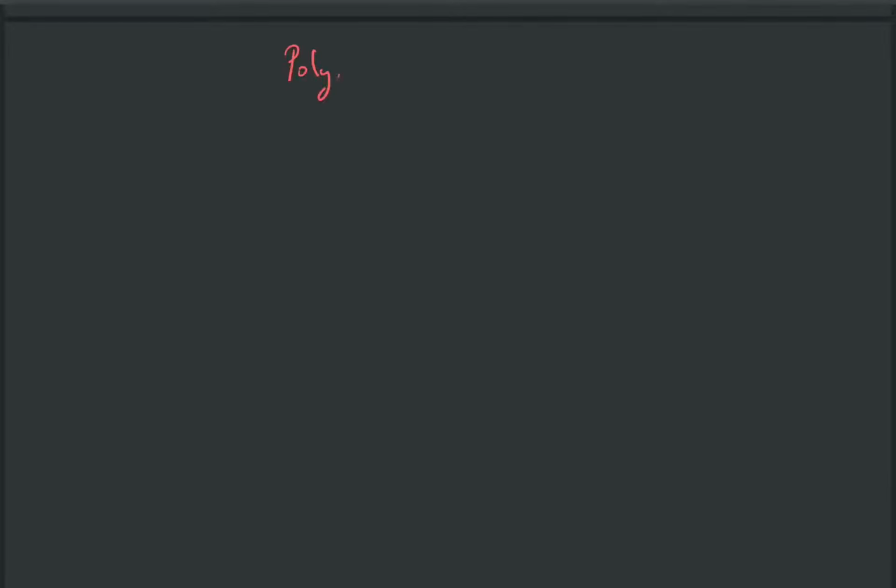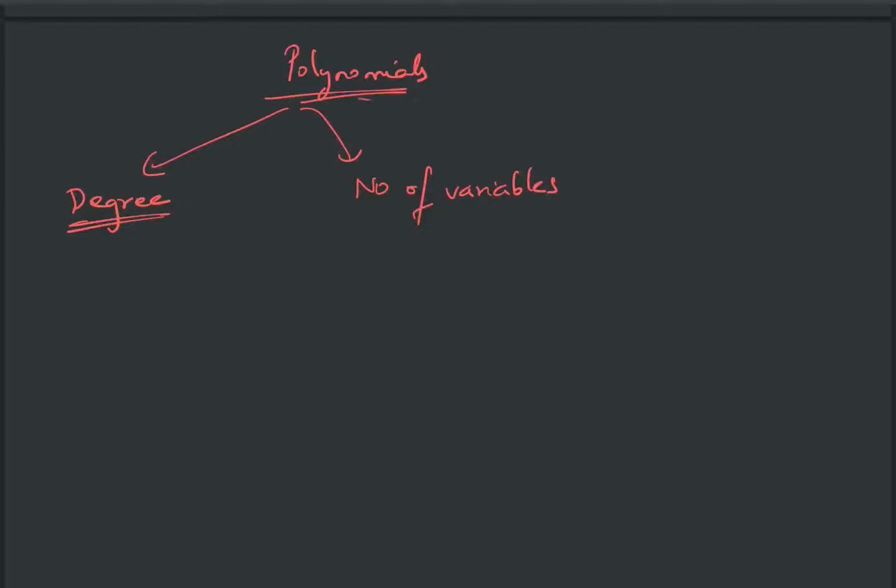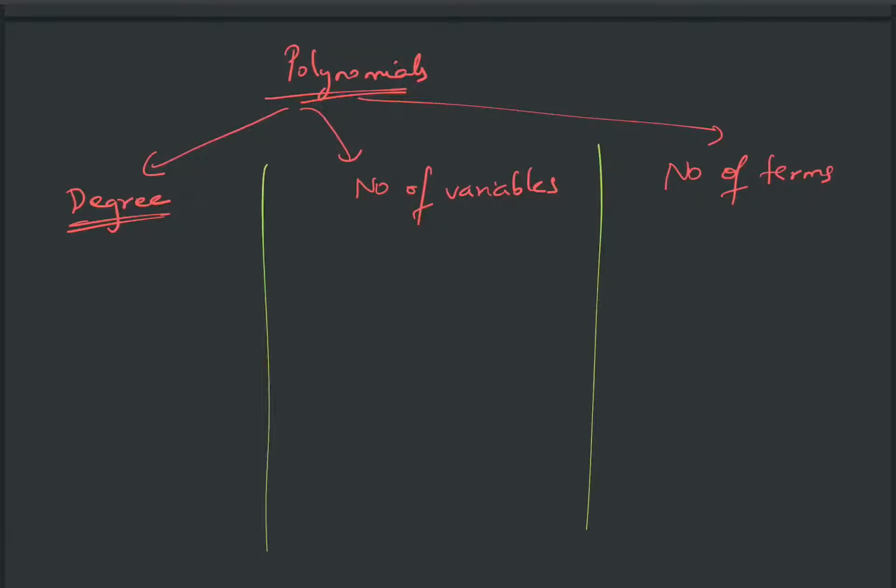Also, let us try to understand some classification of polynomials. Let us try to classify these polynomials on 3 bases, 3 factors. First one is the degree, which we have already dealt with, right? We know what the degree is and the other things. Next is the number of variables, and next let us also classify it on the number of terms. So degree means the highest degree term is nothing but the degree of the polynomial.